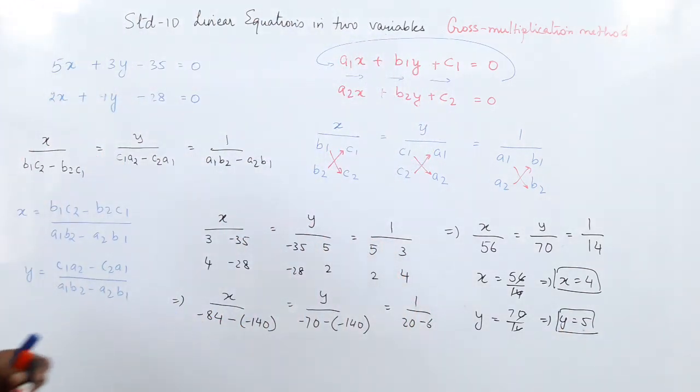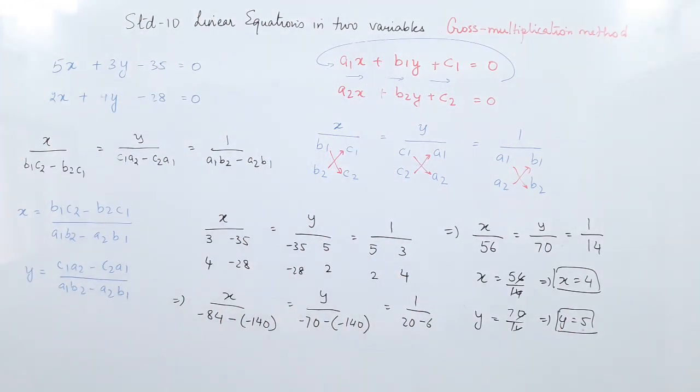So I have solved this equation by which method? The cross multiplication method. If you have understood, it is fine. If you have not understood, don't worry. Rewind this video, see the video again 2-3 times, and you will understand how to use the cross multiplication method. So I'm going to end the lecture here, but you have to practice this method a few times till you understand what formula you are supposed to use. Thank you.